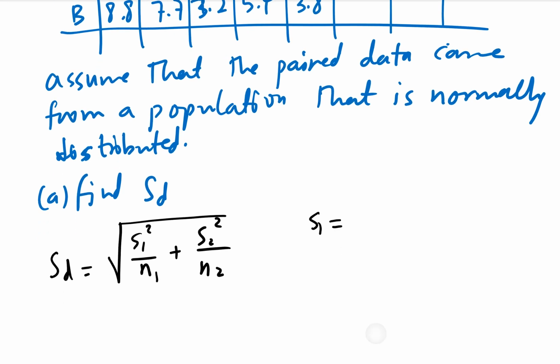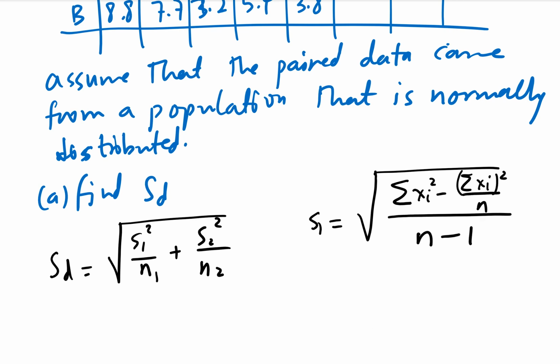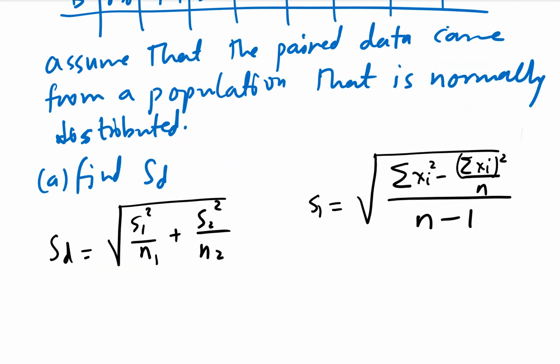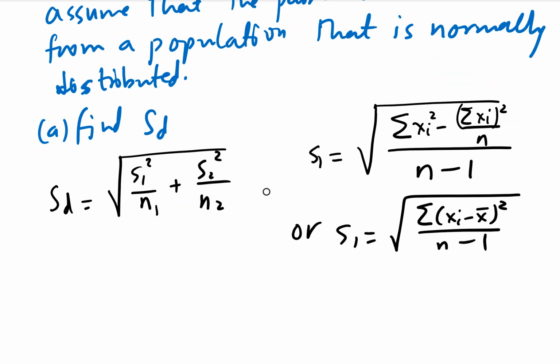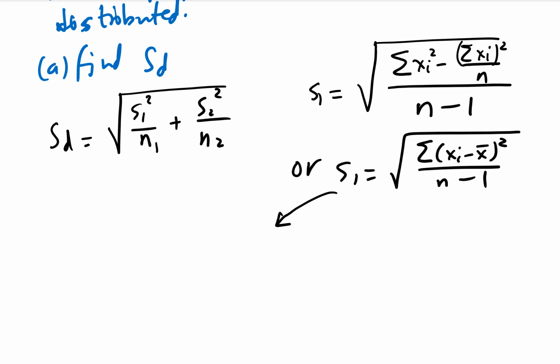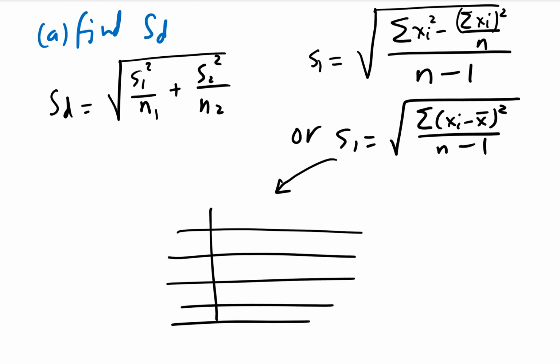For S1, we can use the formula: the sum of xi squared minus the sum of xi all squared over n, all over n minus 1. You can use this formula, or S1 is the square root of the sum of xi minus x bar squared over n minus 1 for samples. So here we have 5 values. If you want to use the second equation, the way I like to do it, I take those 5 values,